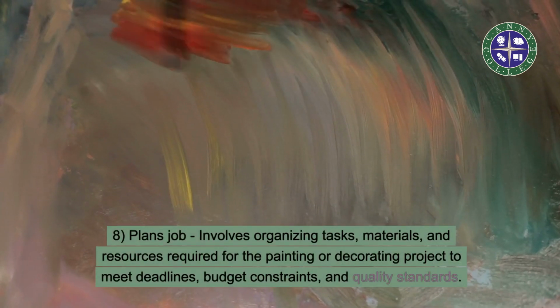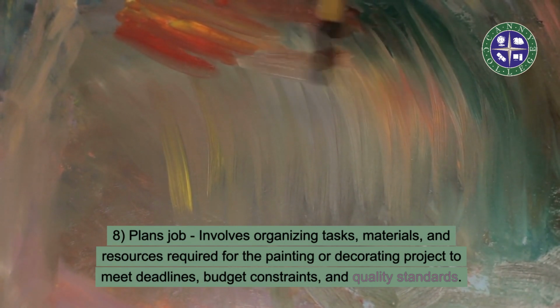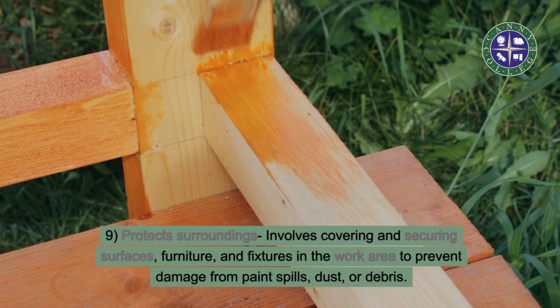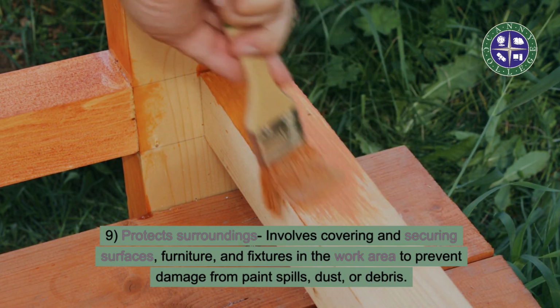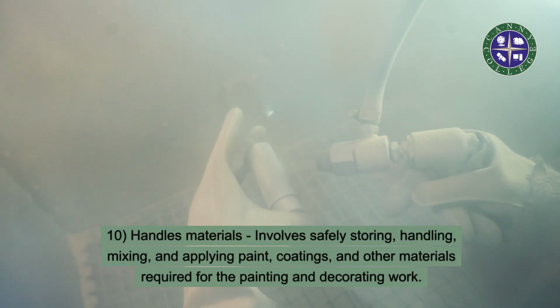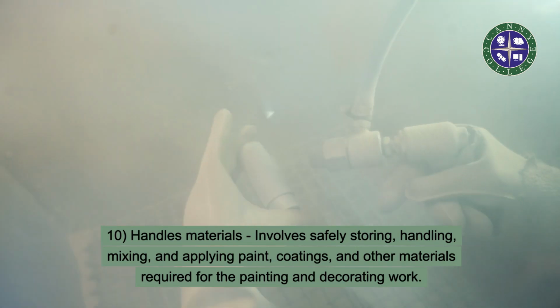Plans job. Involves organizing tasks, materials, and resources required for the painting or decorating project to meet deadlines, budget constraints, and quality standards. 9. Protects surroundings. Involves covering and securing surfaces, furniture, and fixtures in the work area to prevent damage from paint spills, dust, or debris. 10. Handles materials. Involves safely storing, handling, mixing, and applying paint, coatings, and other materials required for the painting